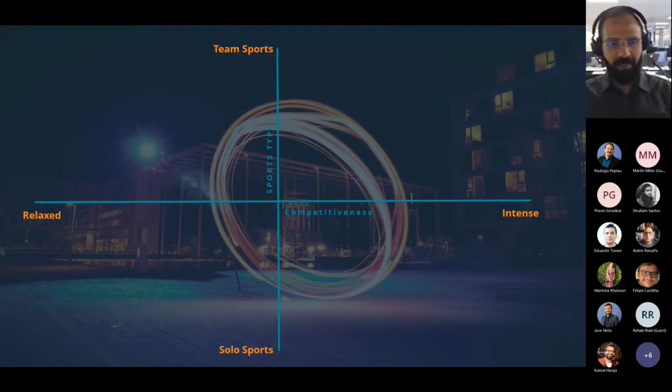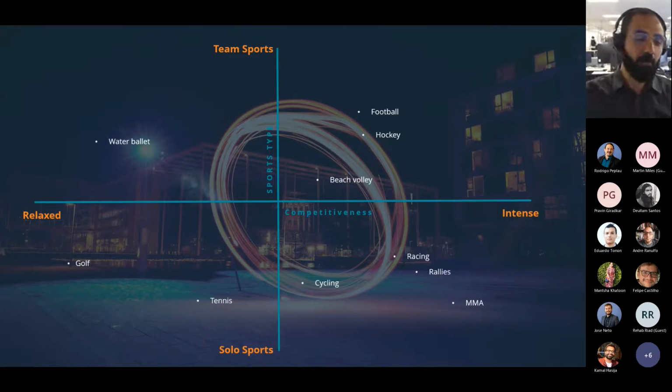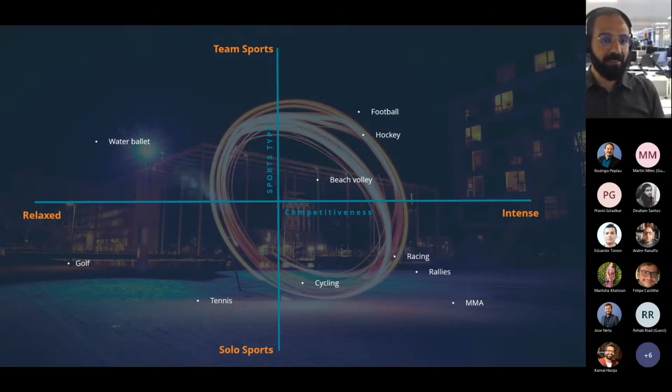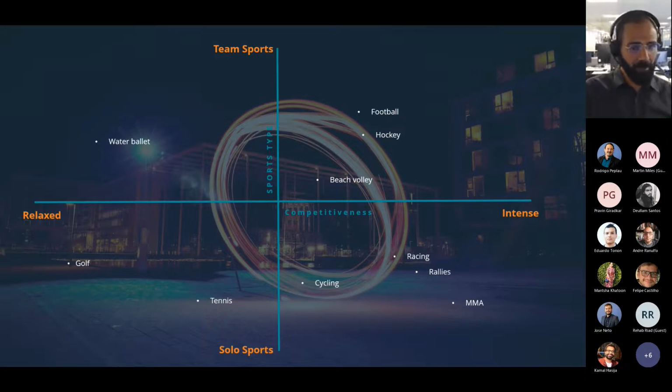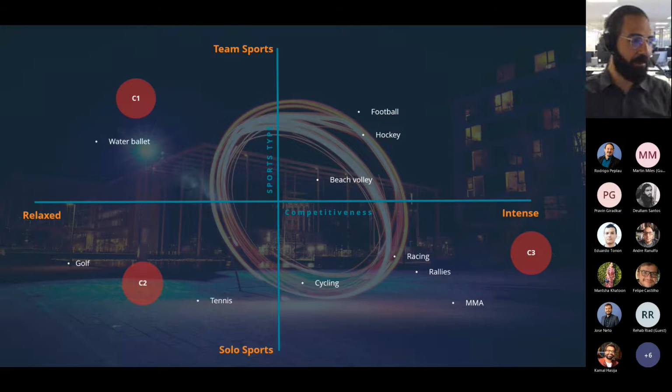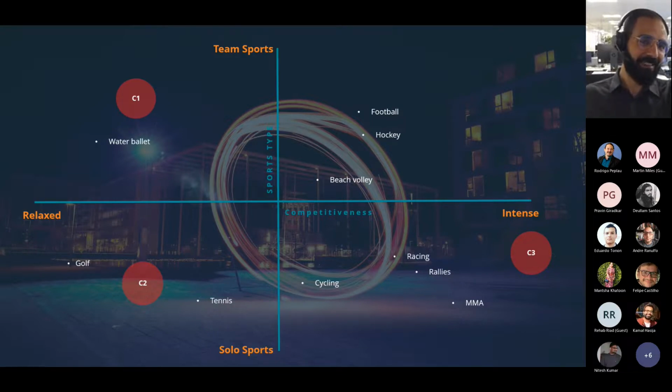Like we said, there's intense sports, relaxed sports, team sports, and solo sports. And we start to plot all the sports that we as Play Summit company can build interesting advertisement and content within, and start to look at the competition. We are working business here. So looking at water ballet, for example, which is a very relaxed and team sport,